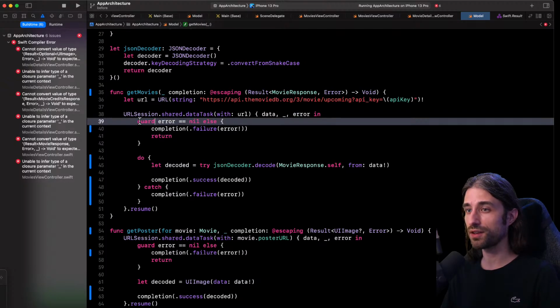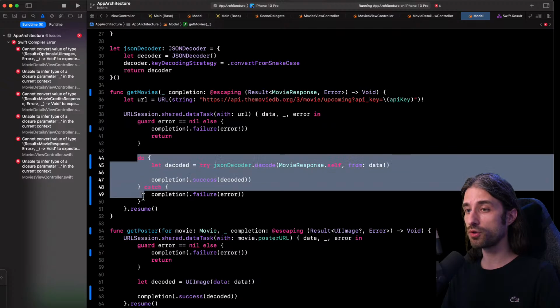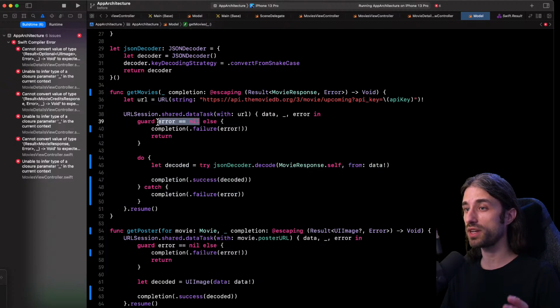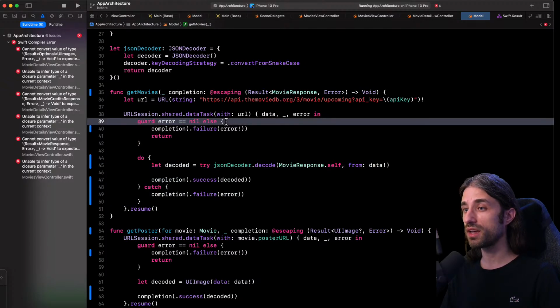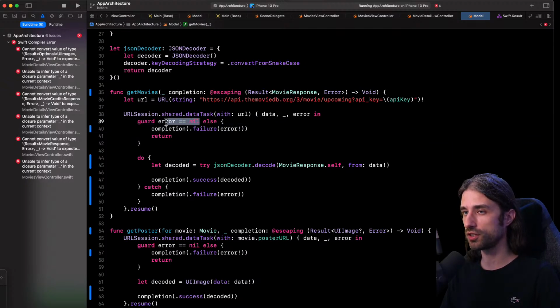The way it reads is that you want to make sure that the error is nil before you move on to the following code, and if the error is not nil, so if this condition evaluates to false, then you fall into the else block, and here you can safely unwrap the error because you know that it is indeed not nil, because that's the very condition you used inside the guard statement.